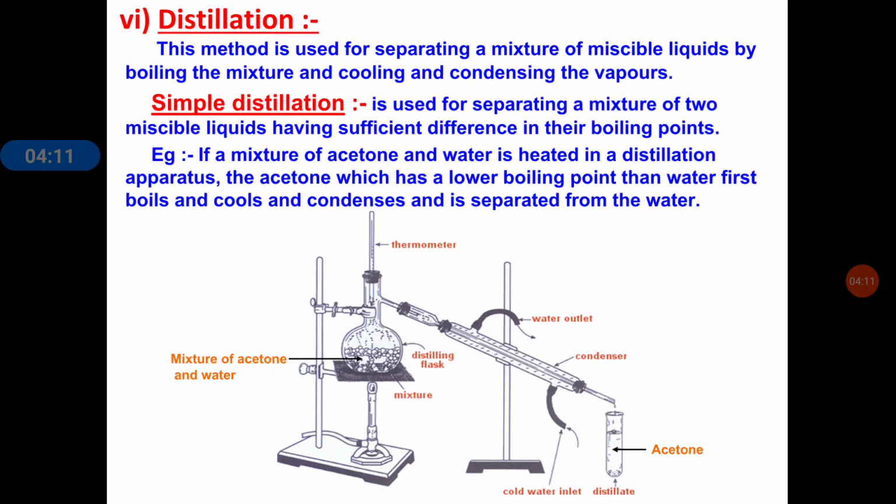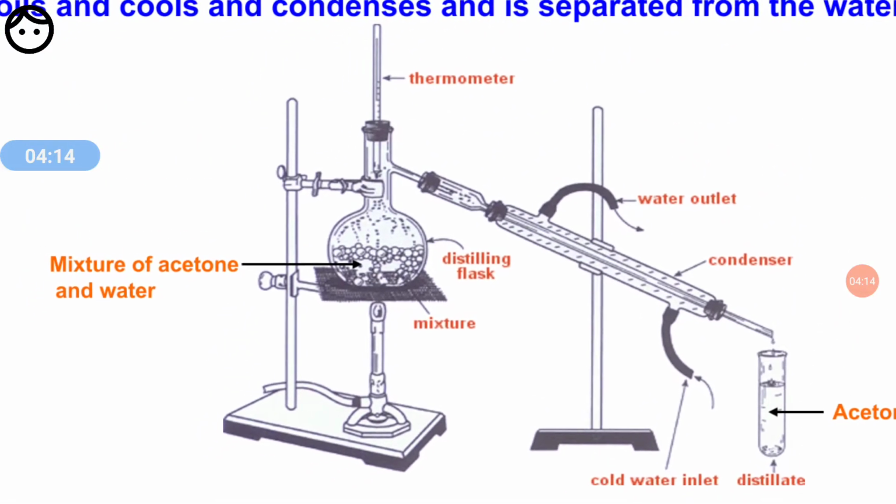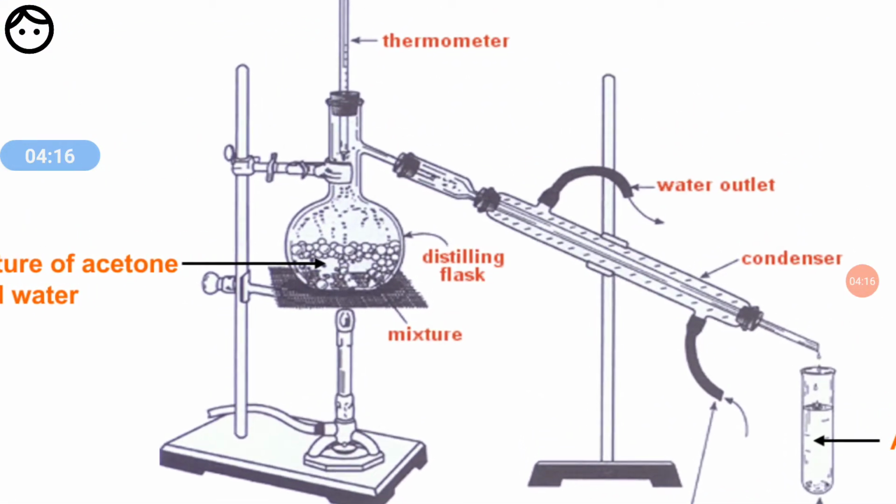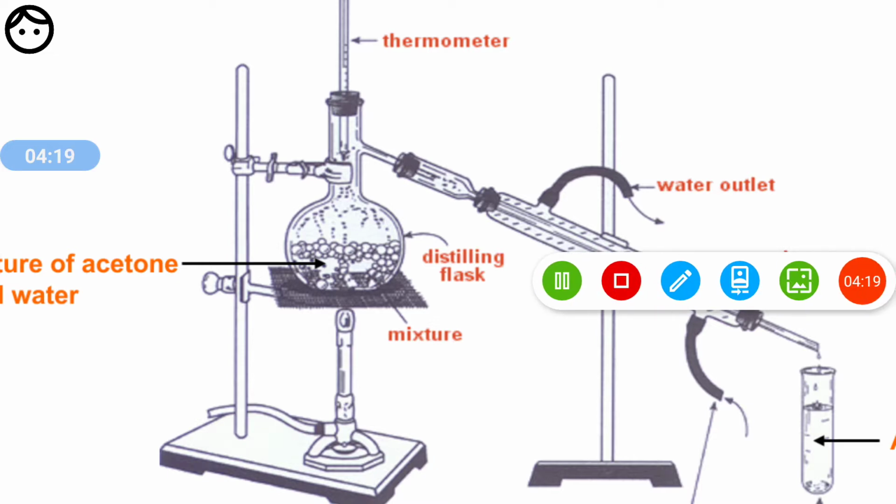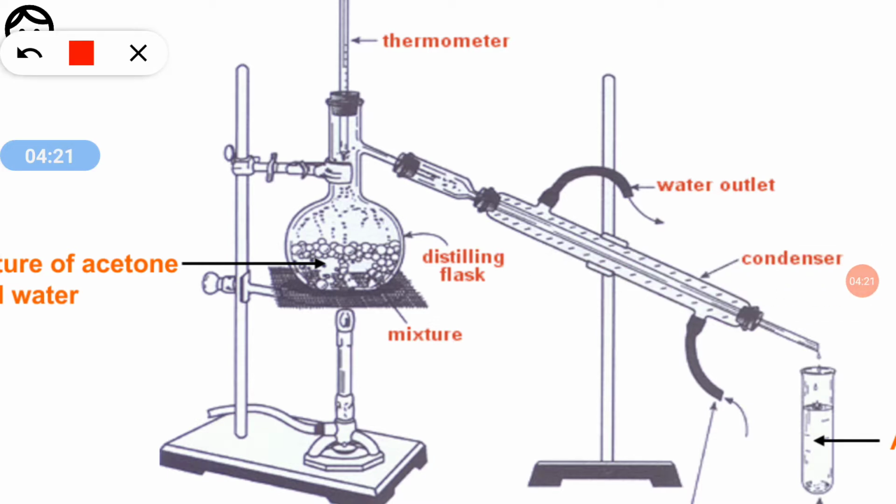Now see the arrangement here in this diagram. You have to take a distillation flask. It is written here. This distillation flask is arranged on the clamp. This is called the clamp. Then put it on the stand, and the flask sits over the wire gauze. The burner is kept below the stand. You are able to see this in the picture.